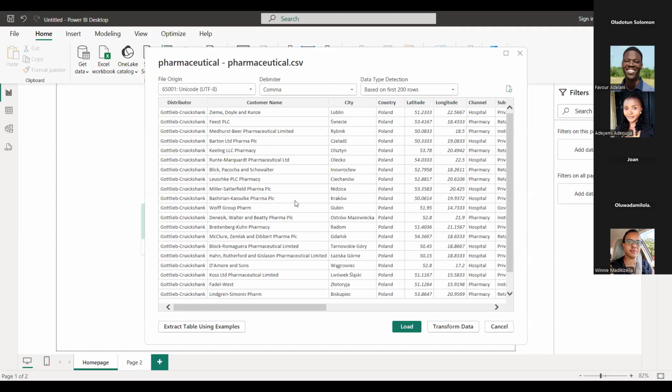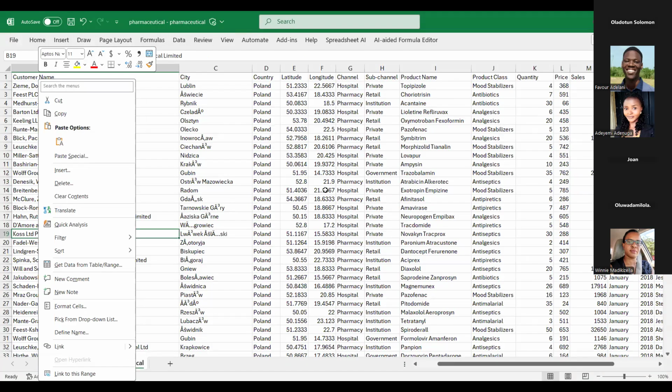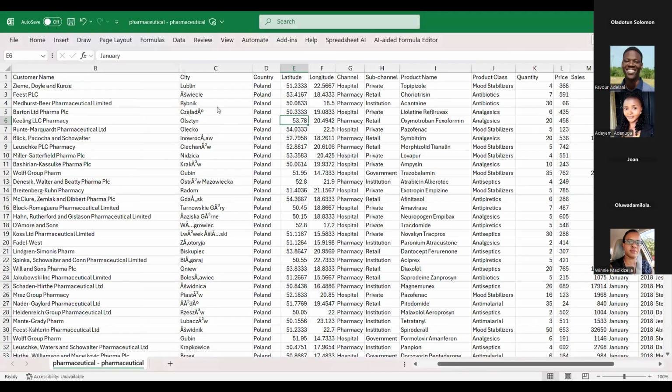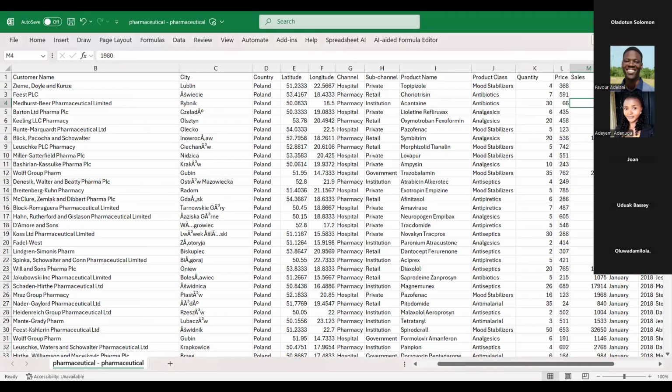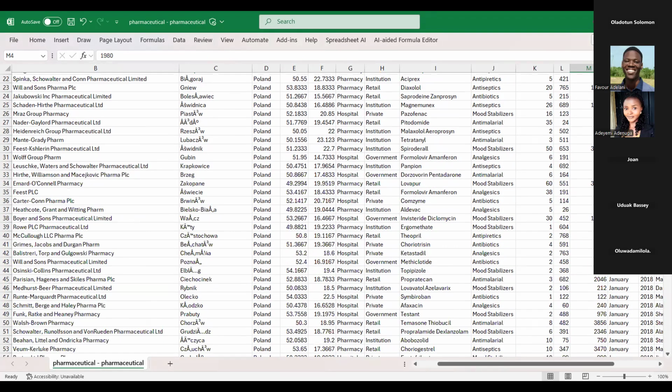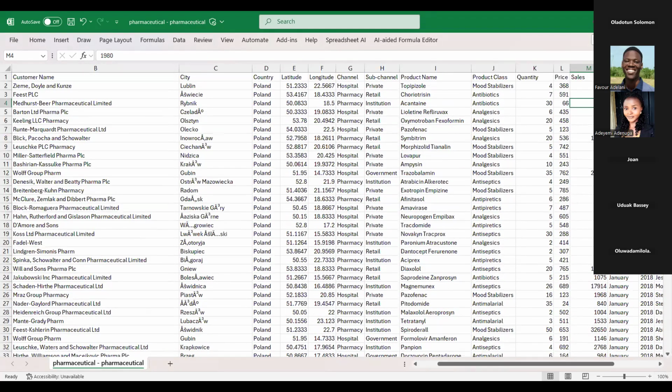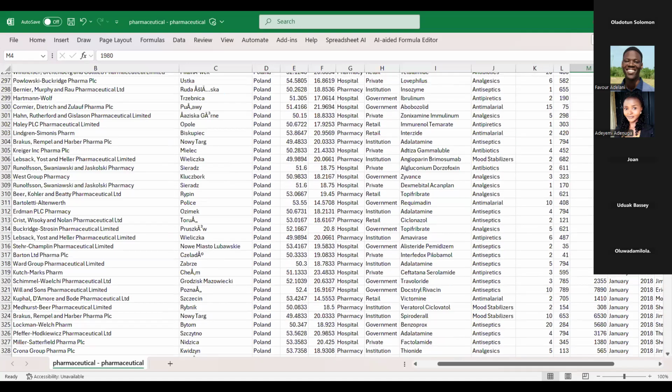Okay, can we see this data set? So this is what this data set looks like in Microsoft Excel. This data has well over 10,000 rows of data.